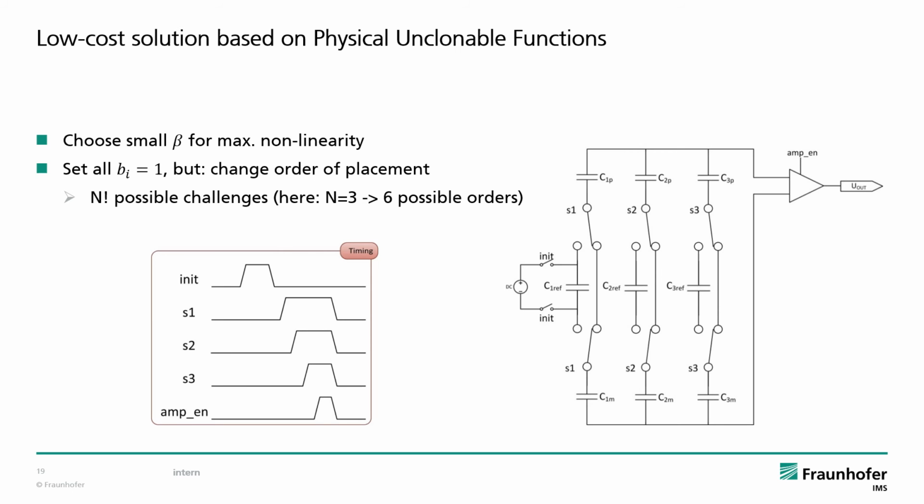Because we can decide which permutation to use, we can use n factorial possibilities to actuate the PUF, which are called challenges. So the number of available challenges is 3 factorial in this example here, which equals 6. For an 8-stage PUF, which we have integrated later, factorial 8 or 40,320 challenges are available.